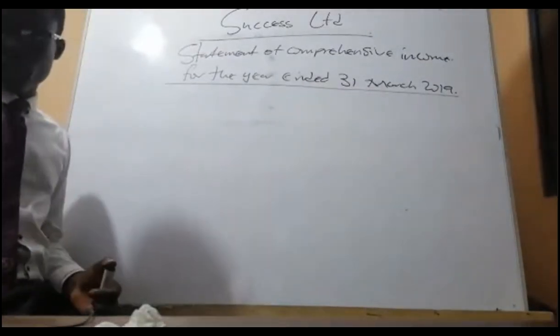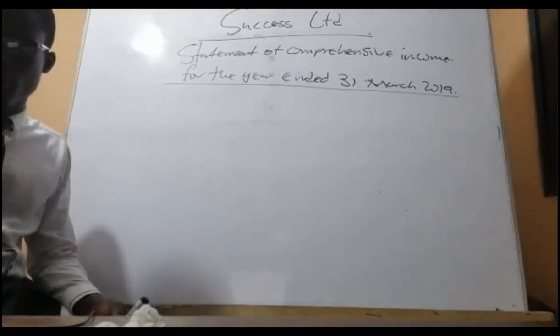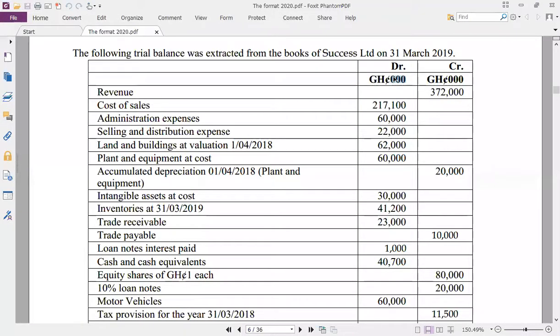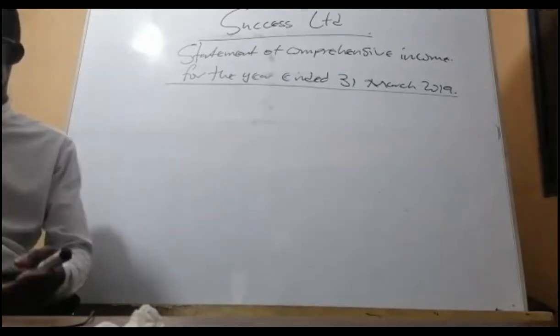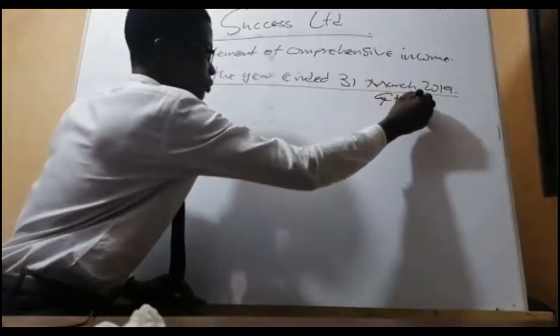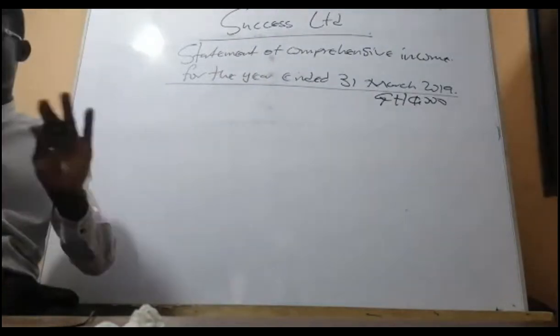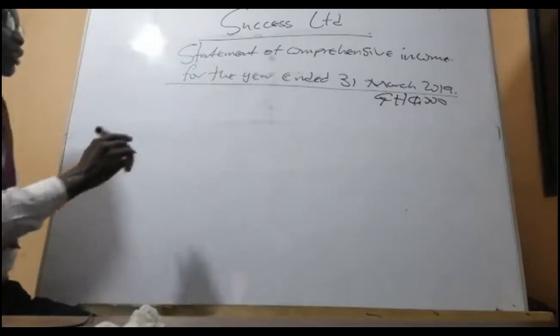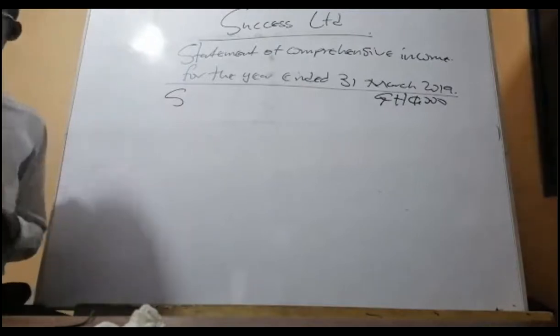Now check the trial balance and see if they've raised three zeros on top. Confirm the currency, the reporting currency, and if they've raised three zeros, do the same thing, because the solution to every question is the question itself. Here we are not tackling anything from the footnote. We are just going to recast this trial balance. So first, sales revenue. I'll go to the question and see whether it's sales.